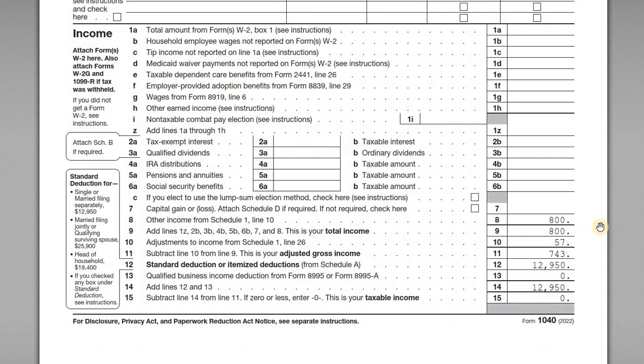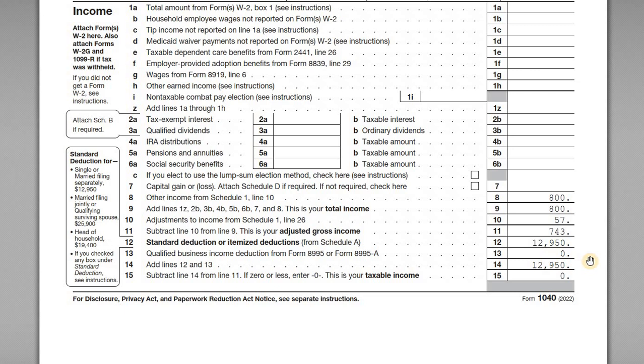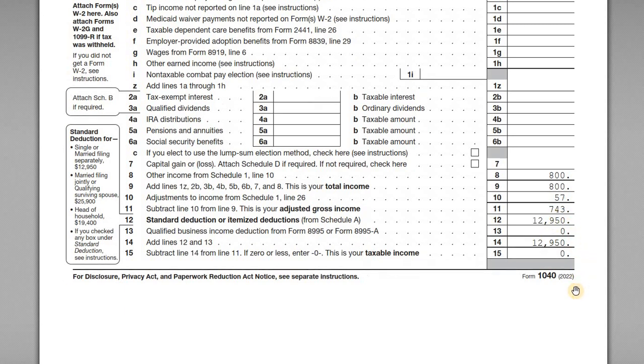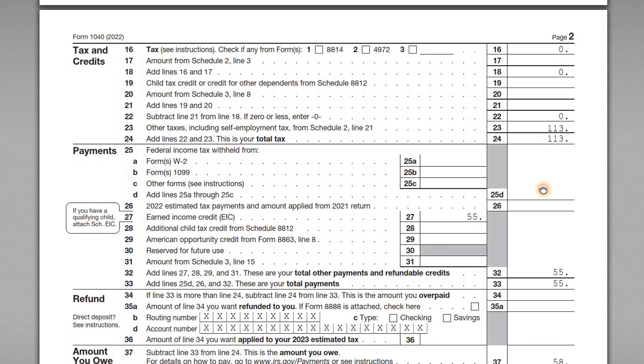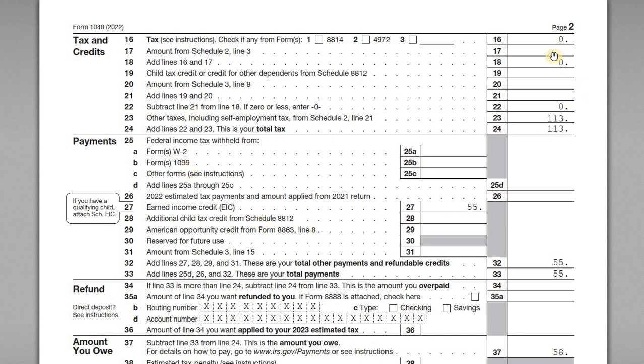So again, here he's got his $800 in income flowing through from Schedule C. He's got his deduction for the deductible part of the self-employment tax. That's fine. And then again, you notice here that the standard deduction completely eliminates his AGI. So that's why he's got $0 in taxable income. So when we look at lines 16 through 24 here, where we have the tax computations, no tax. On line 16, there is no tax on his federal income because he has 0 taxable income for regular federal income tax purposes. But we do see the self-employment tax. So there's line 23, self-employment tax for $113.